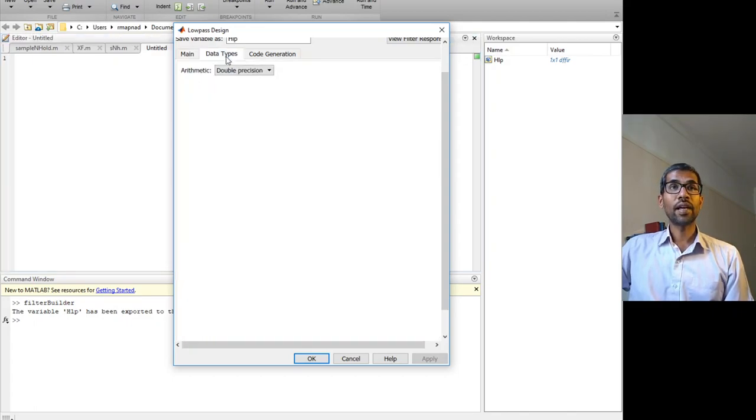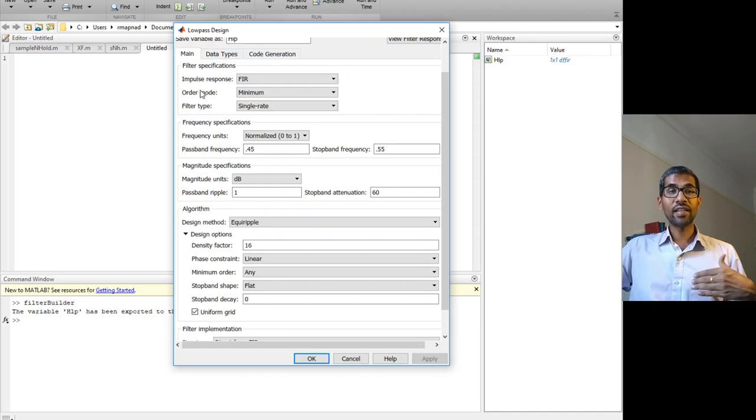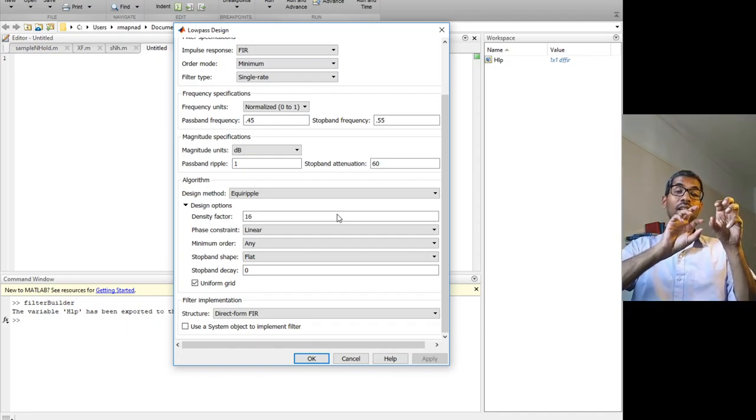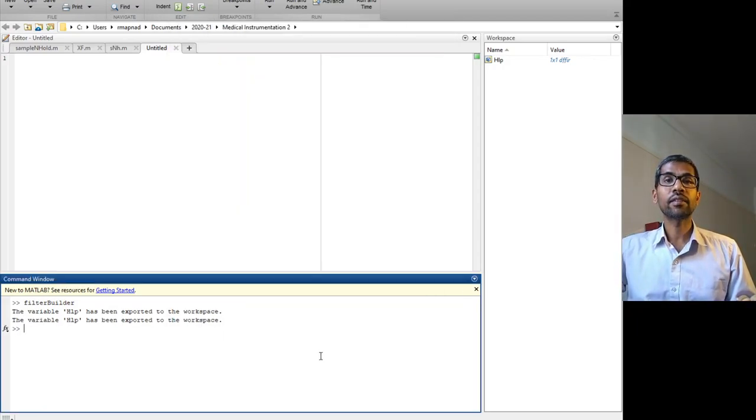Now if you do that, then you can actually generate a code which gives you the filter, which has got the weights for the filters which you need. Okay, so let's click okay, and if I click here,